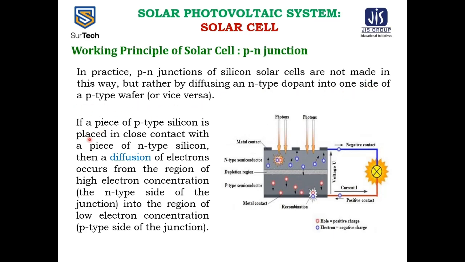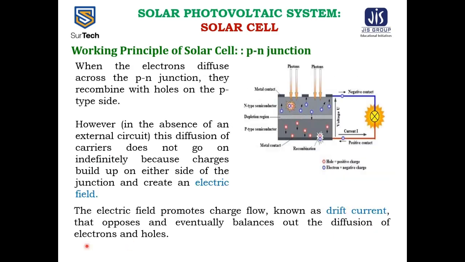If a piece of P-type silicon is placed in close contact with a piece of N-type silicon, then diffusion of electrons occurs from the region of higher electron concentration, that is the N-type side of the junction, into the region of low electron concentration, the P-type side of the junction. When the electrons diffuse across the PN junction, they recombine with the holes